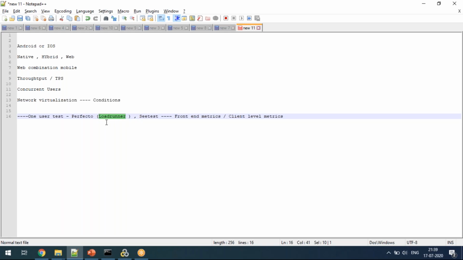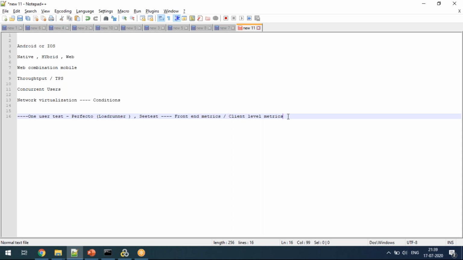So you have to get clarity on whether we are going to do the client level performance testing. If they are saying no, absolutely you can stop everything, you don't want to discuss all these things. But if they are saying yes, you need to collect all this information. How many users are planned to be executed in Perfecto, how many users in HTTP, what are all the devices you are expecting, is it Android, iOS, or is there some specific device you are expecting? That also you can collect as information.